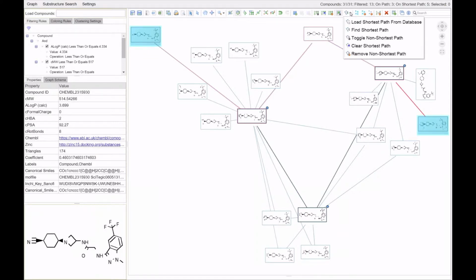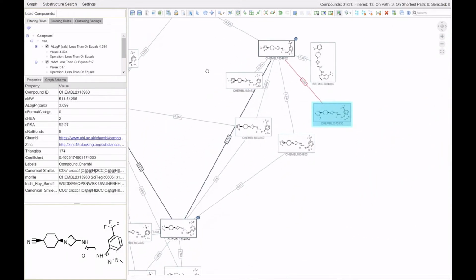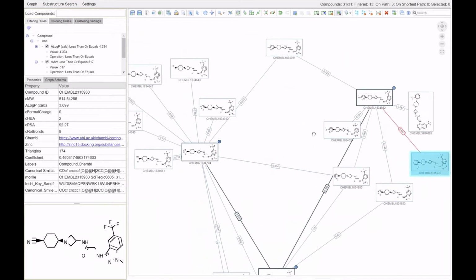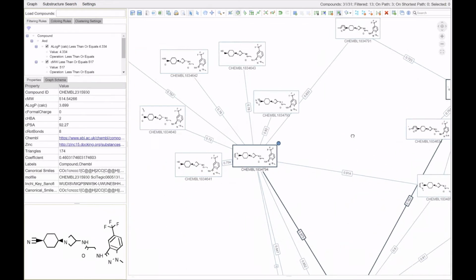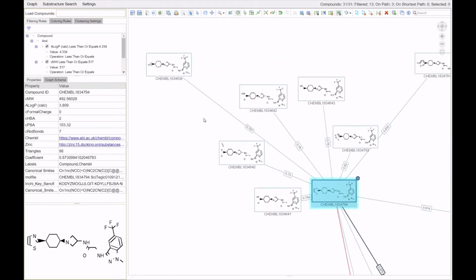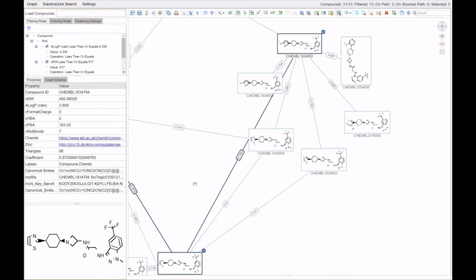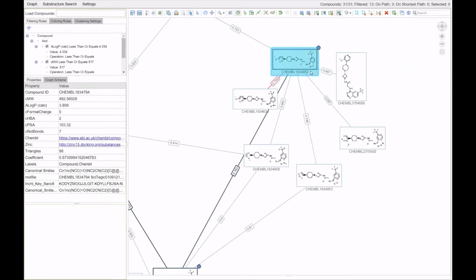We remove the shortest path for now as we don't need it at the moment. Of course, we can also zoom in and out, move around everything, have a look at the nodes, click each one we like. Let's go back to our start node